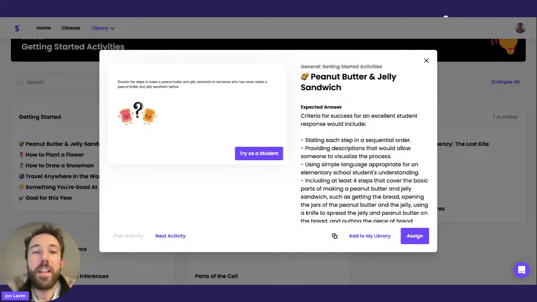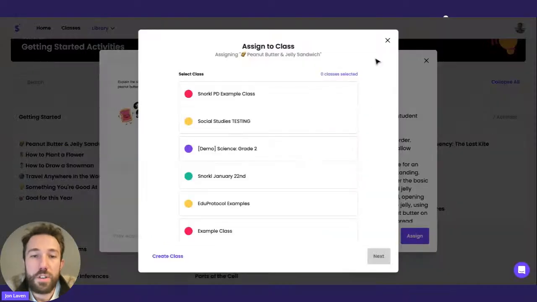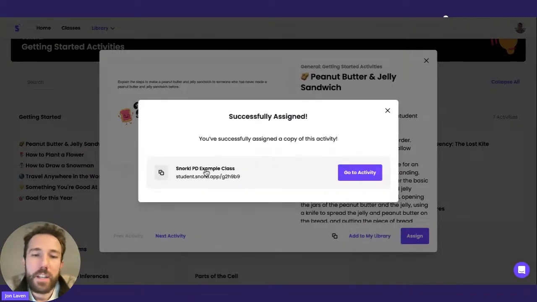And so it's just a fun, lighthearted way at no matter what grade level you teach or what subject. If you're trying Snorkel for the first time with your class, you can actually try out this peanut butter and jelly sandwich activity, assign it to your students, and get them snorkeling. When you assign a Snorkel activity, Snorkel will automatically generate a share link or code that you can share with your students just by clicking on it and copying it to your clipboard,